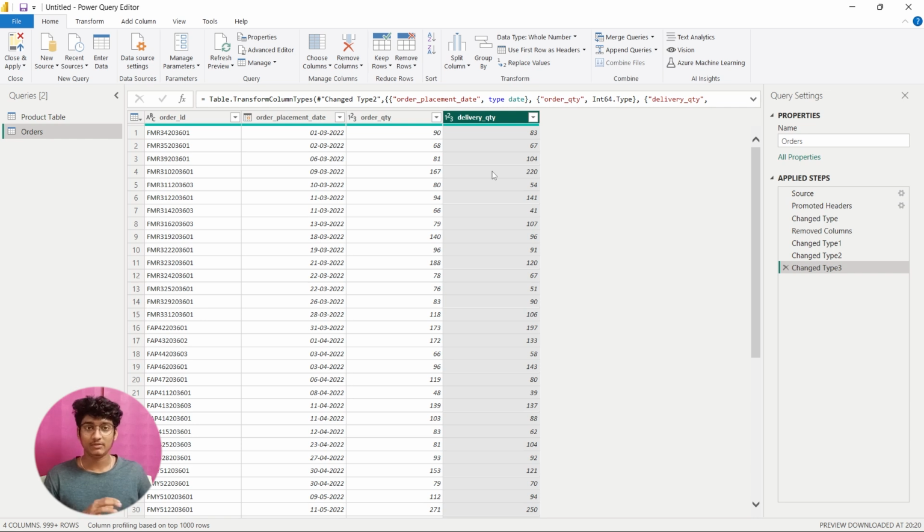Most commonly, Power BI will also detect the data types, but in some cases it may not be accurate. So at that time, it is better to check once and then load the data to Power BI. So yeah,